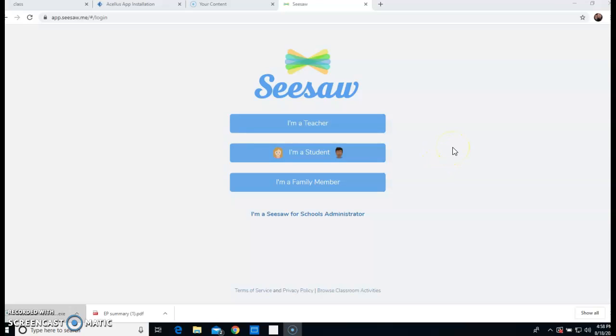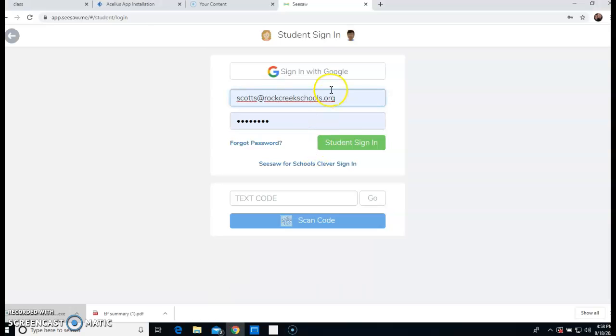You should have received a learning code from your teacher that has a QR code, or a specific string of letters that will be your specific login ID. Since you're logging in from a laptop, most likely you don't have a QR code reader handy, so you will probably be entering that string of letters. Since you are a student, you will choose I'm a student, and then you are going to